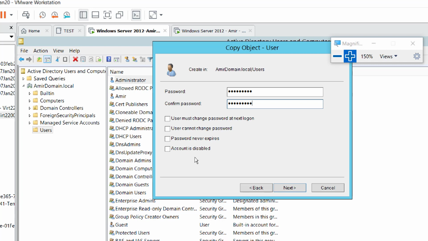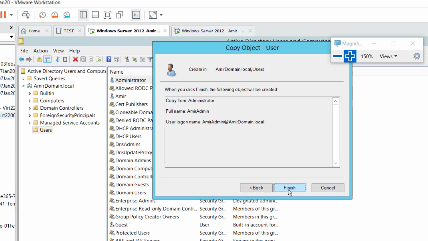In production environments, normally it does not. We have to change the password every 30 days. So why don't we just keep it like that and have a habit of changing the password instead of never expires. This is okay if you have put all that. In 42 days, it will ask to change the password because that's the default Active Directory user account password expiry date. So let's click next